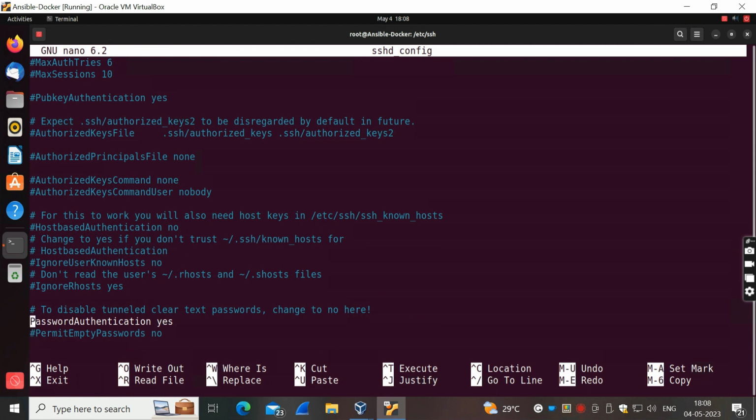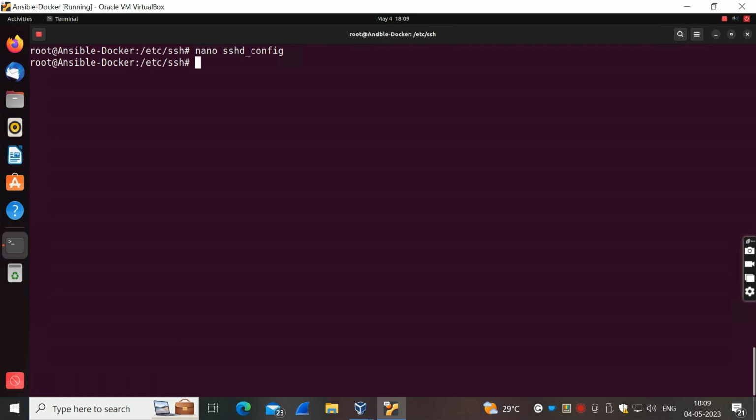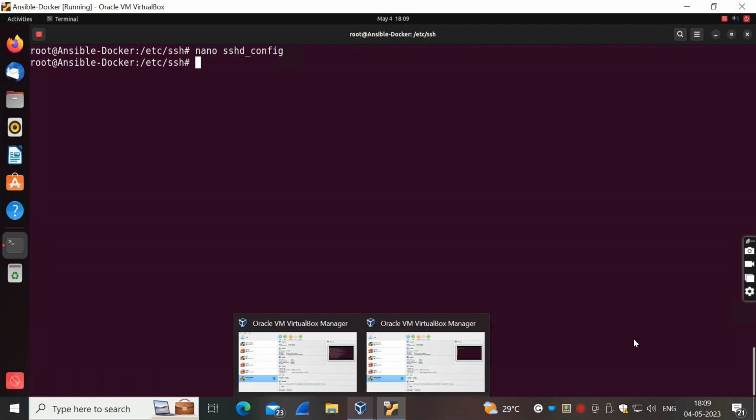See here, this PasswordAuthentication is yes. Sometimes this password authentication will be no. You have to change it to yes so that SSH will work with the password. Once this is completed, the next thing we want to do is